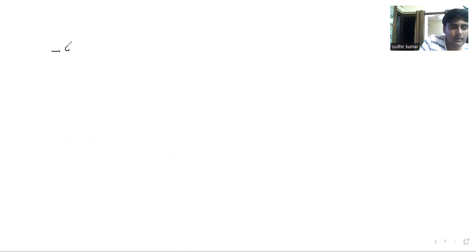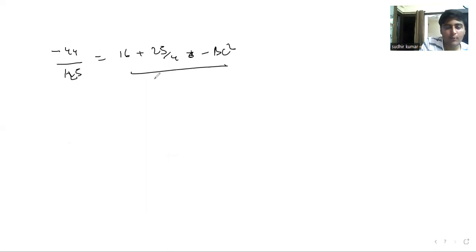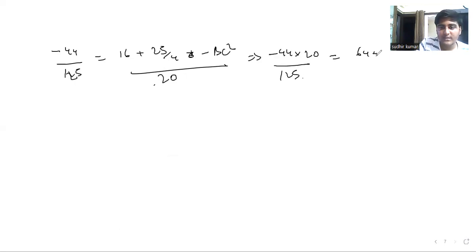Now we had minus 44 upon 125 is equal to 16 plus 25 by 4 minus BC square upon 20. Now this implies if we take 20 to the left hand side, we have minus 44 into 20 upon 125 is equal to 64 plus 25 upon 4